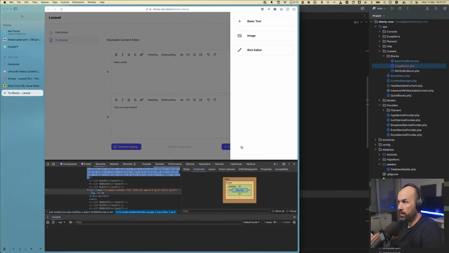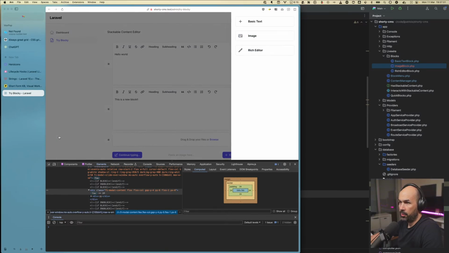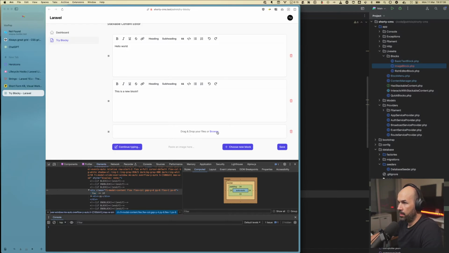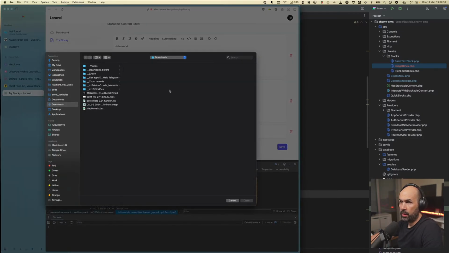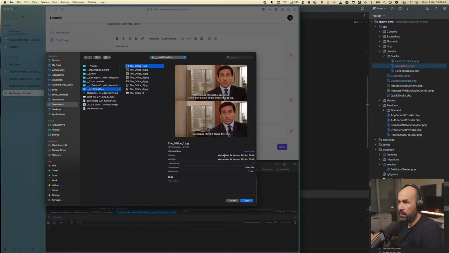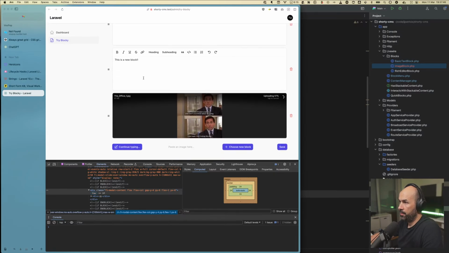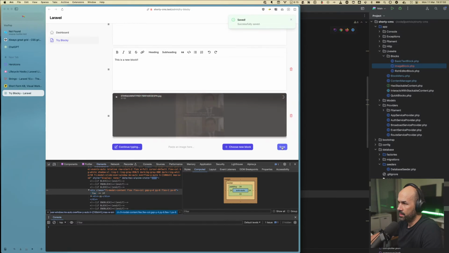So if I were to add a new block, an image, there we go. We now can put an image. So if I were to browse and let's put some picture. Here we go. If I were to click save,